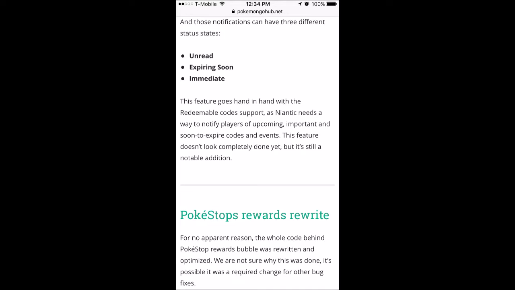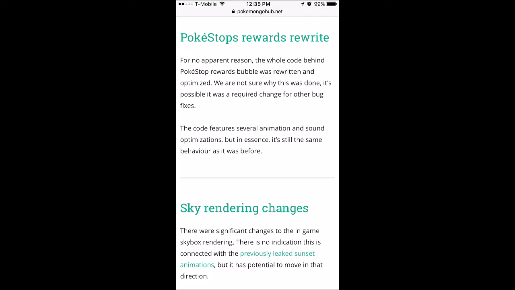So it looks like there's a Pokestop Rewards rewrite, which is kind of odd. For no apparent reason, the whole code behind the Pokestop Rewards bubble was rewritten and optimized. We're not sure why this is done. It's possible it was a required change for other bug fixes. So I'm assuming that